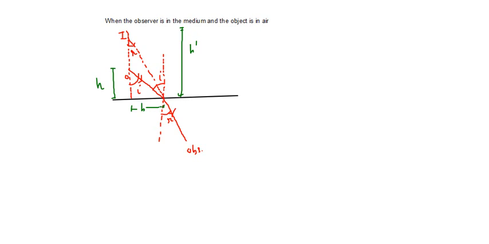So now what do you think will be, so this is n1, this is n2, n1 I am considering air, so it will be equal to 1. So now again using the same assumptions that sine of i is equivalent to tan of i, it must be equal to how much? Sine of i would be perpendicular, tan of i would be perpendicular by base. The perpendicular is again b by h, and sine of r is equivalent to tan of r, equal to, what do you think would be tan of r? It would be b by h dash,